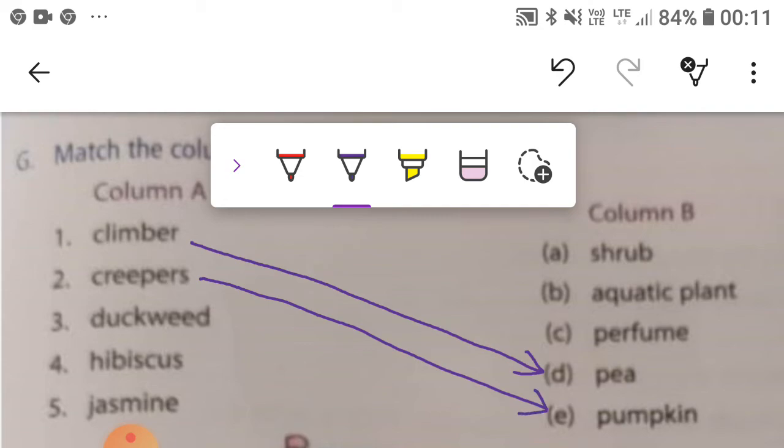Next, duckweed, we can match duckweed with aquatic plants. Now hibiscus, we can match hibiscus to shrub.